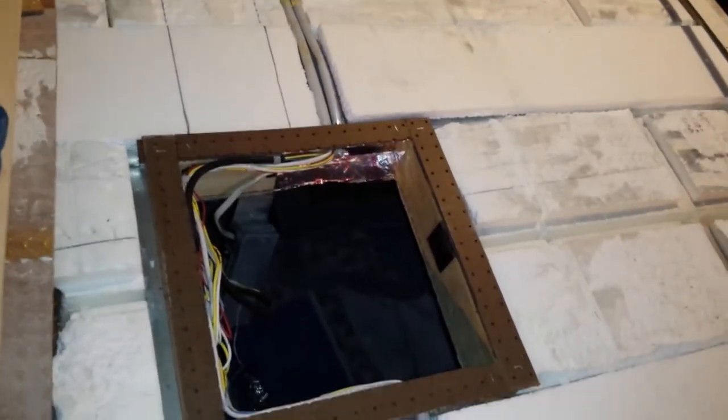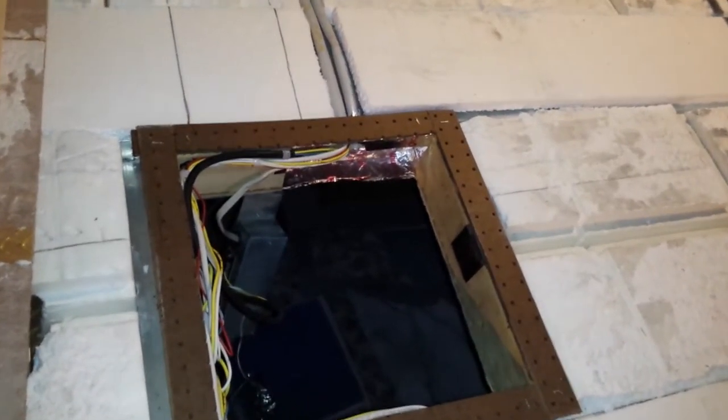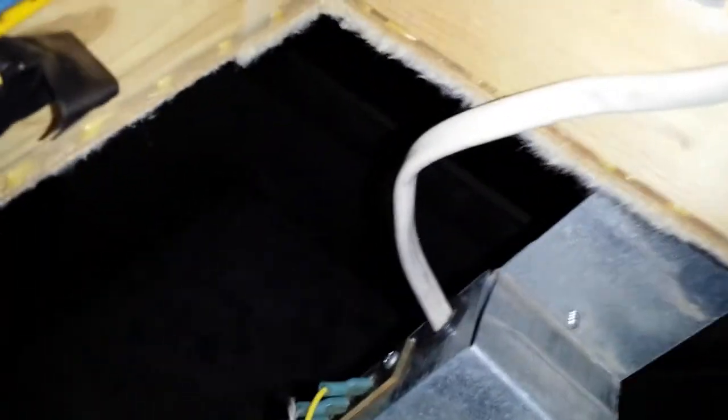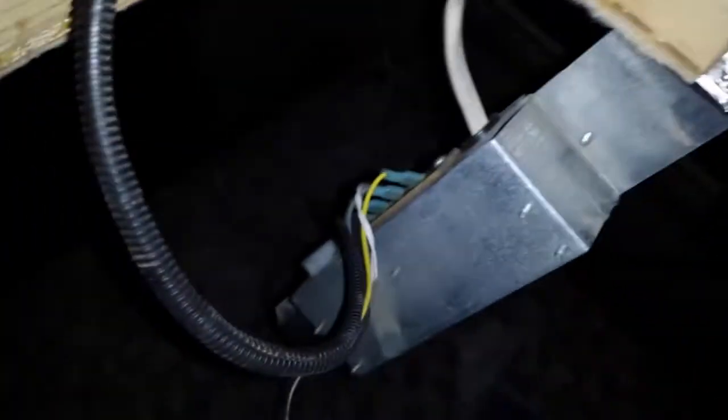And here is the air conditioning cavity. I am tying up the wires, hanging them with these wire clips, and then these wires have to go around the back of the air conditioner cavity, and then they go back down there, and that wire goes over to the speaker, and I don't know where else that goes. And I ran some extra wires to the speaker. This is the bedroom in here,